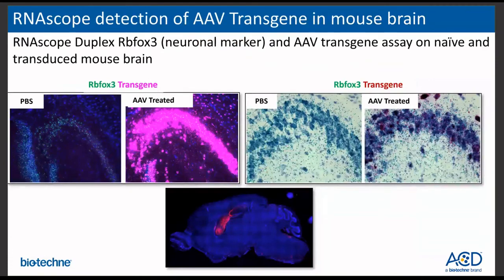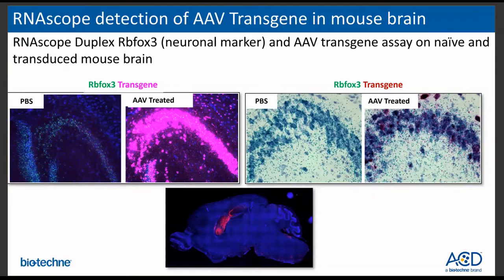So AAV detection can also be used under our fluorescent platform, which you guys can see here on the left side of the panel, where we see the transgene being co-detected with our cell marker Fox3. On the left side with no AAV treatment, you can only see the cell marker gene, and then on the right side in purple you can see plenty of detection of AAV treated